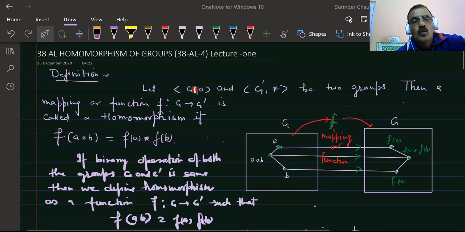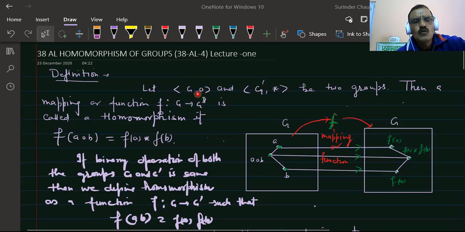It can be from one group to some other group, or from one group to the same group, and we define the homomorphism. What is homomorphism? Homomorphism is a mapping, just a mapping, which is a function. For a function we need two known sets, but for the homomorphism we need two groups. So let us consider